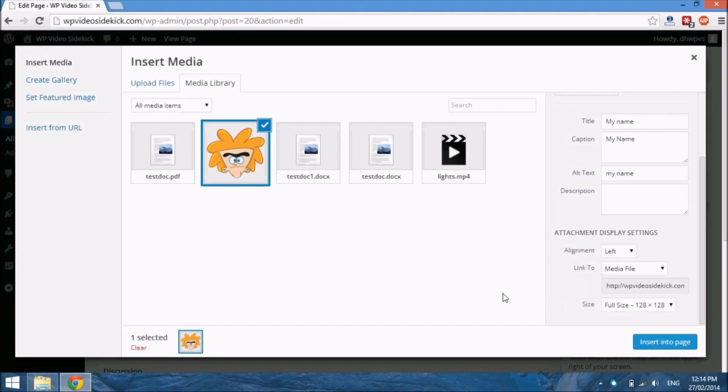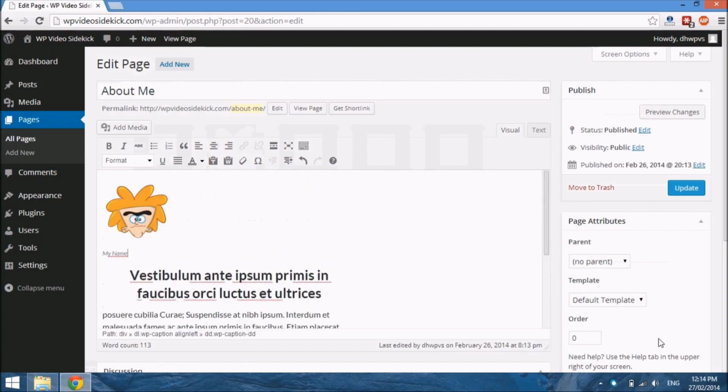But what WordPress does is, if you upload a large image, it will automatically create a couple of different sizes depending on how large your image is. What you would have been able to do is select the particular size from this drop down list. But because, like I said, this image is so small, it's the only one that I have available. So I can just select insert into page, and